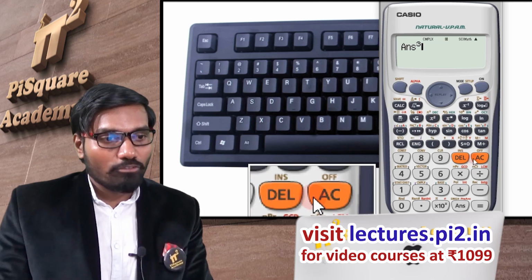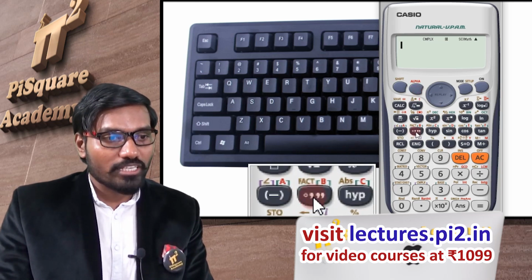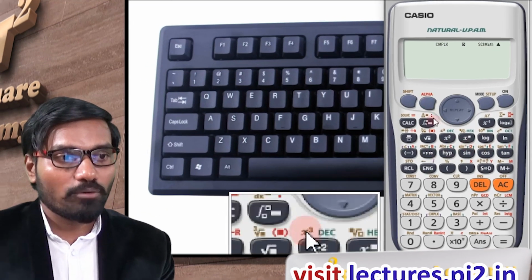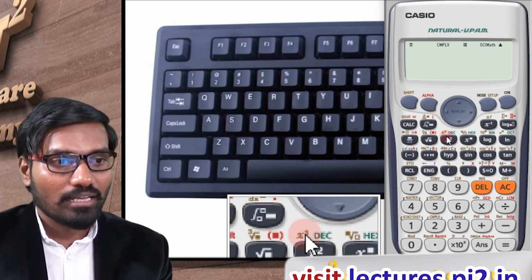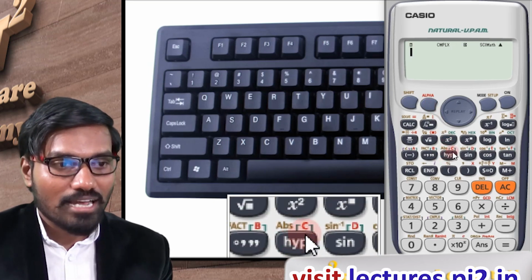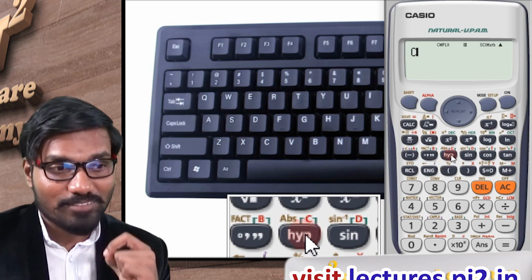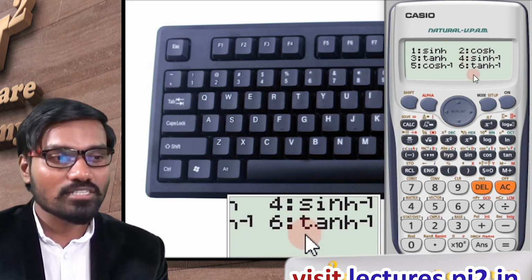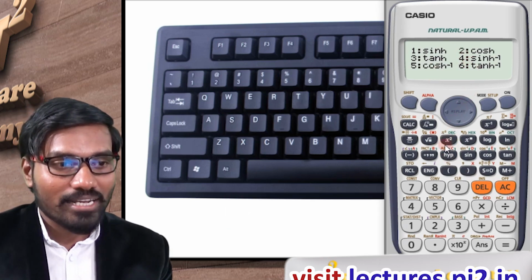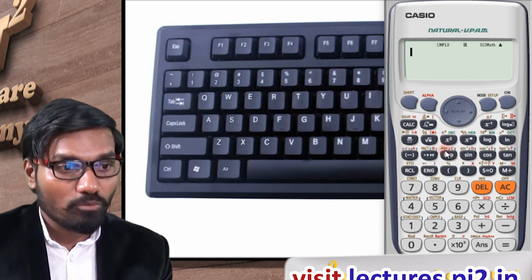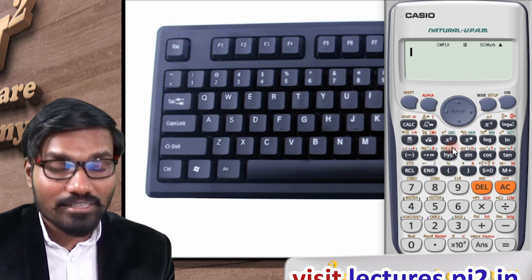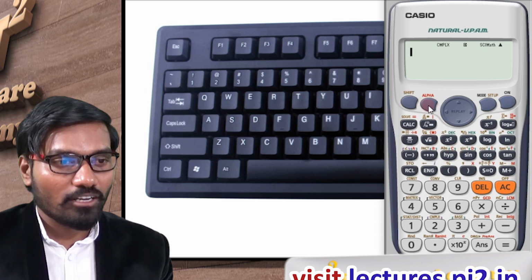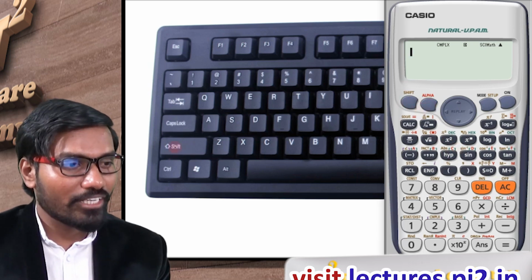Similarly, if you want Alpha, the Alpha functions are in red color, so whatever red operations you want, you can perform by using Alpha. Hit Alpha, then if I press this, I'll get C, not hyperbolic. Regularly, if I press this hyperbolic, you'll get hyperbolic functions, sine hyperbolic, cos hyperbolic, all these things. But if you want the red one, that is C, press Alpha and this, and you will get C. So Shift and Alpha are just like the Shift key on a keyboard.